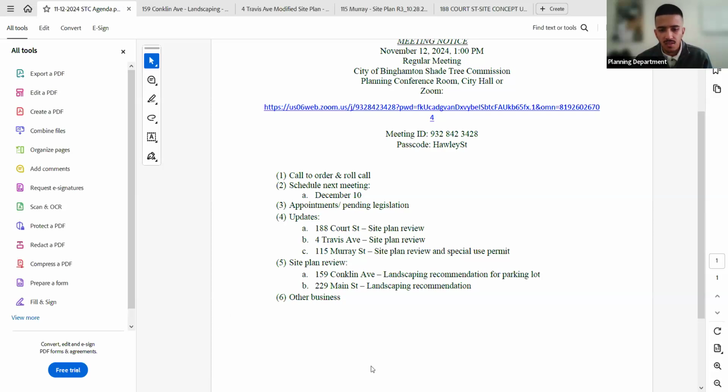So, moving on to an applicant that did take our advice and did get approved: Fort Travis Avenue. They didn't plant as many trees as you all wanted, but they did provide some. I believe I sent the plan in the email. I don't know if you all had a chance to take a look, but I can pull it up here as well.